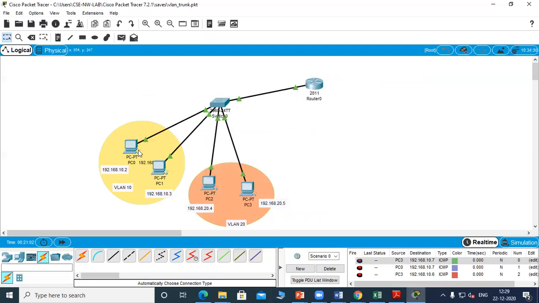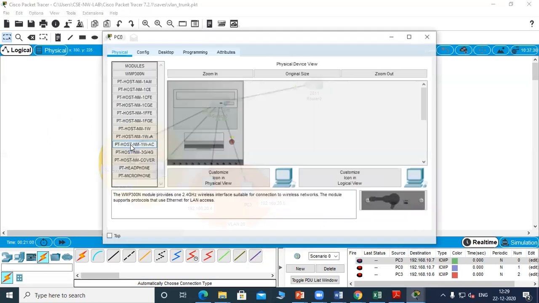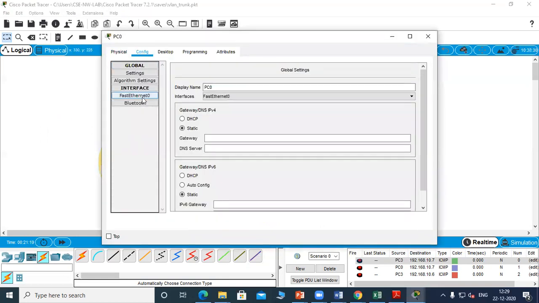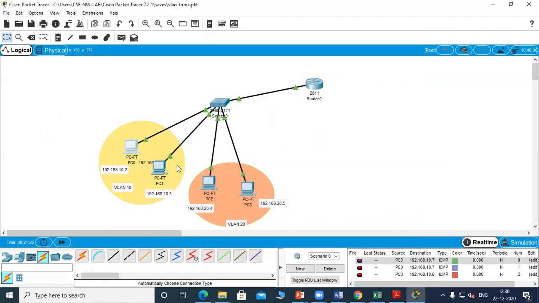So now we'll apply the gateway address to all the 4 PCs, because these have to communicate across the network using a router. So we'll go to each PC and assign the gateway address. So this is for 10 network, so its gateway address is 10.1.